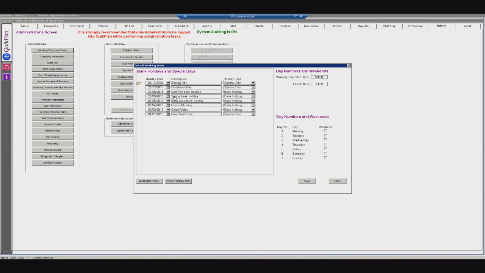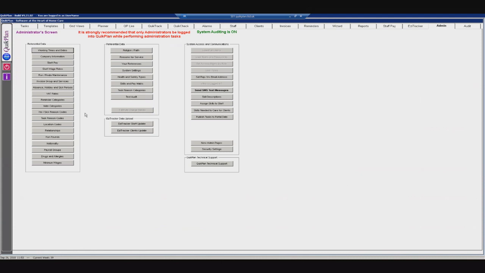So bank holidays, it depends on how you would charge. If you charge the bank holiday rate, which may be time and a half, you can actually set it up as a bank holiday rate. Or you can create special days, which may be Christmas Day, Boxing Day and New Year, and we would set that up as a special day. Now the reason why we would have two options for the holiday type is when we go through the services to create your rates,